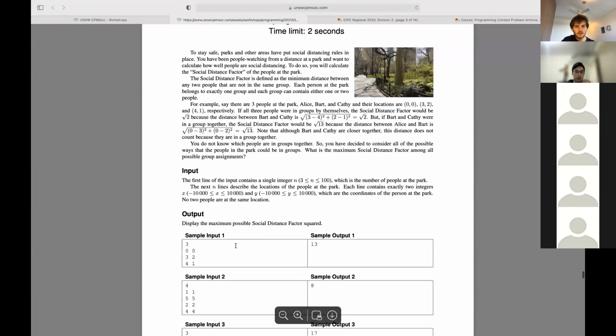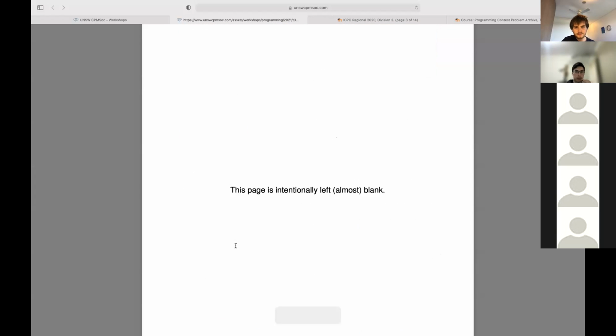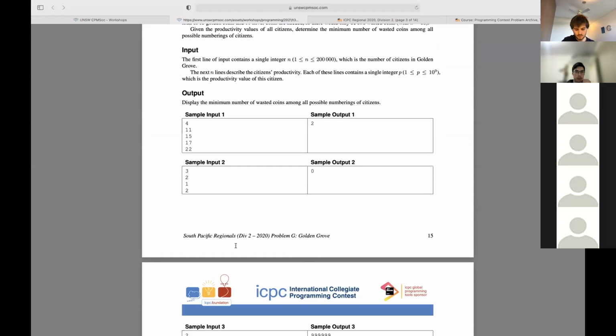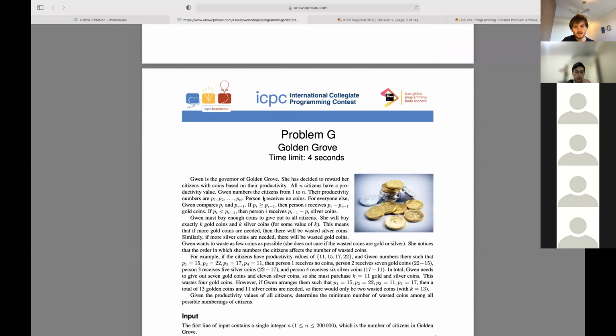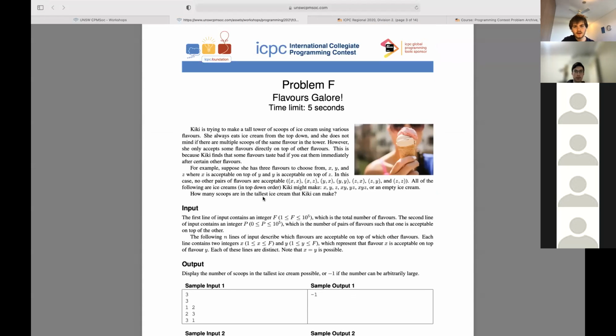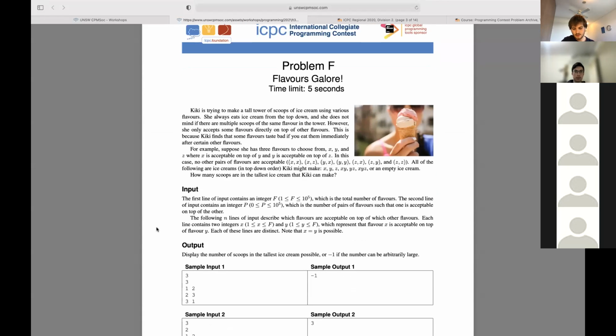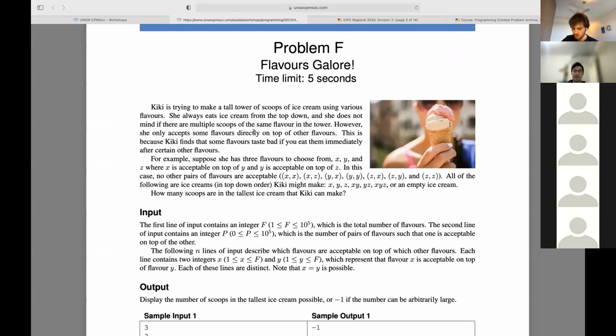which will be F. So again, same link from before. We'll look at problem F. You should be able to see my screen here. Flavors Galore. So